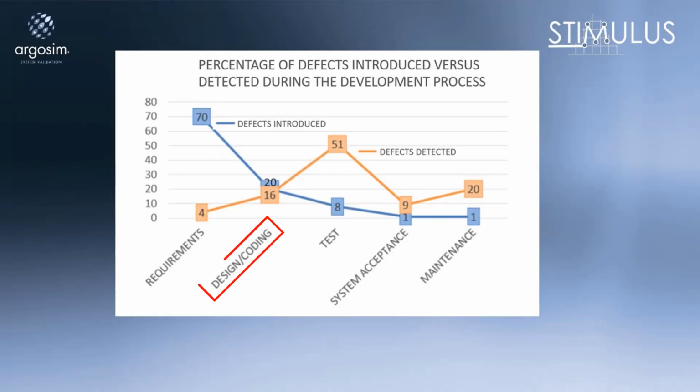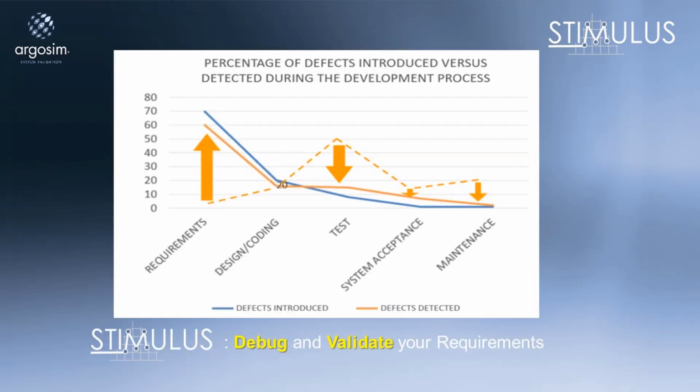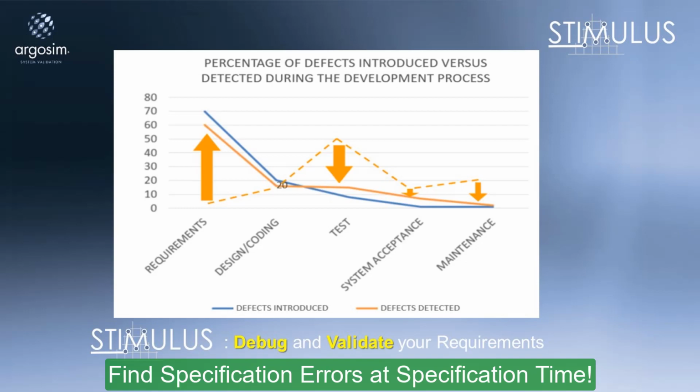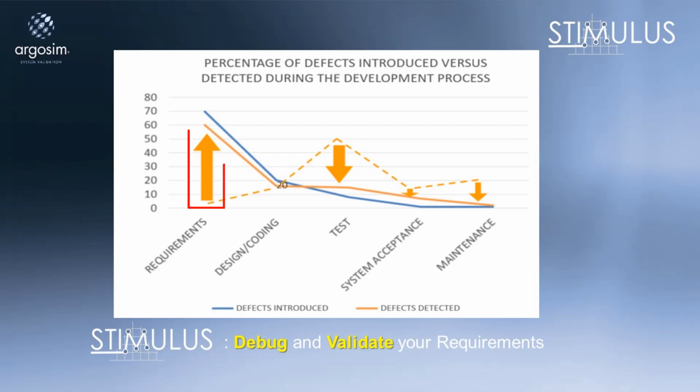Hello. Contrary to the design and coding phases, where simulation, testing, and engineering tools enable errors to be corrected as you go, errors that are introduced into a project during the specification phase while you are writing your requirements go largely undetected. In fact, 70% of all errors in a project are introduced during specification, while only 4% are detected at this time. It is obvious that finding specification errors at specification time would dramatically improve your effectiveness, which is